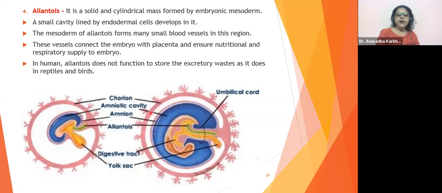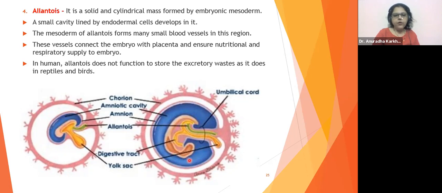ये white color का area देखो अभी छोटा हो गया ना. इधर white color का area कितना बड़ा था देखो. Extra embryonal coelom. That was this white colored area. It has become smaller. And don't you think the amniotic cavity has become bigger, larger, in which now even this structure has become larger, which is nothing but the developing fetus now. This is the developing fetus.